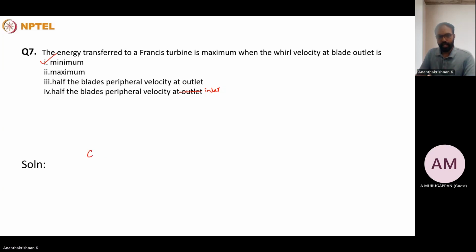So the energy which is available at the inlet. So when the energy which is available at the inlet is higher, then what we could say is that the energy which is transferred to a Francis turbine